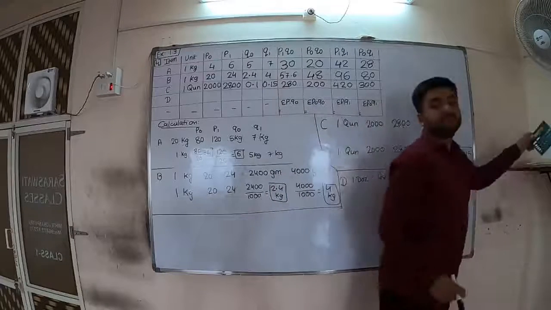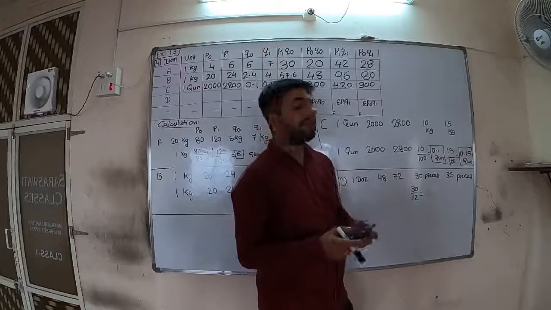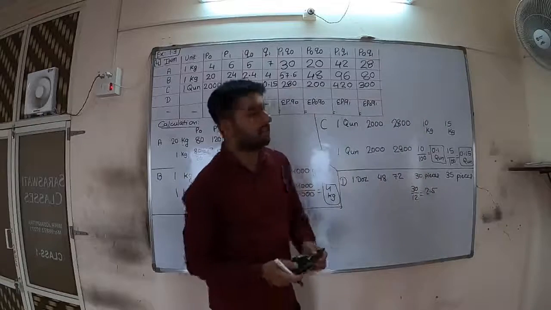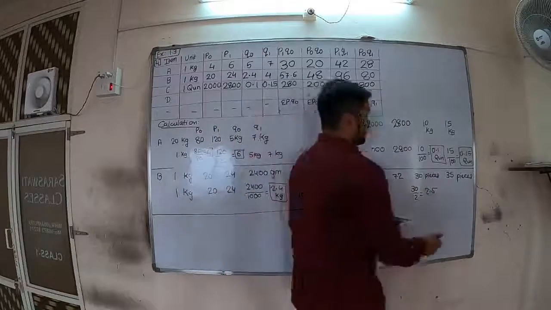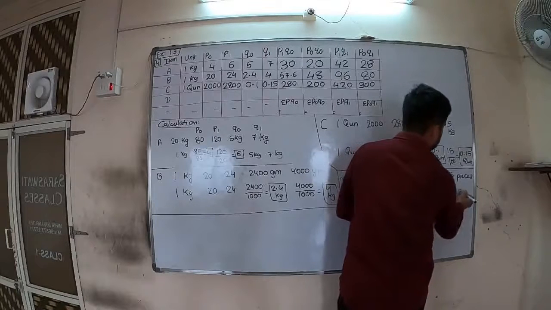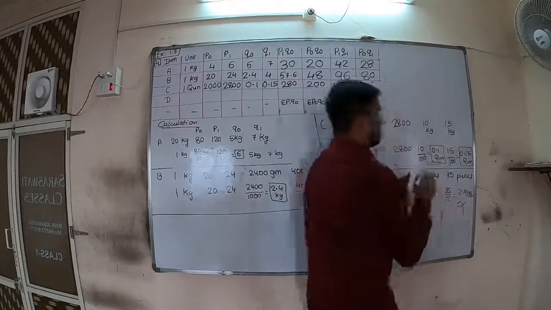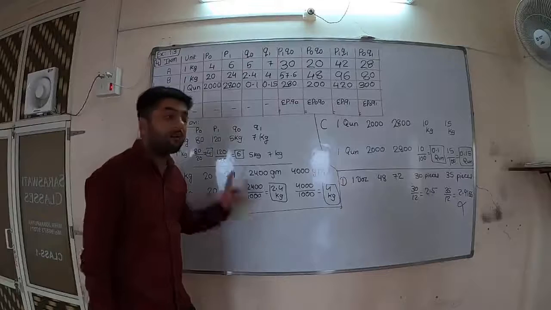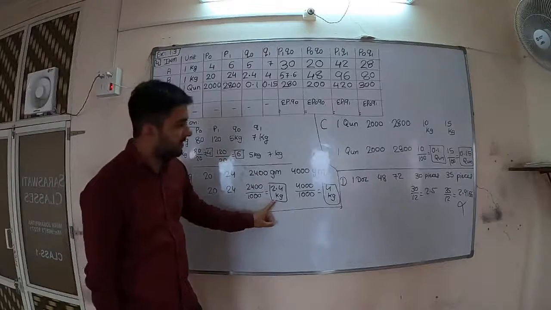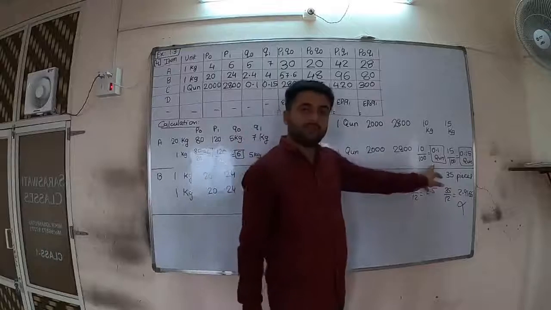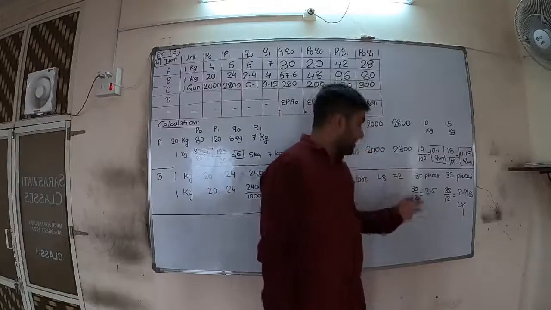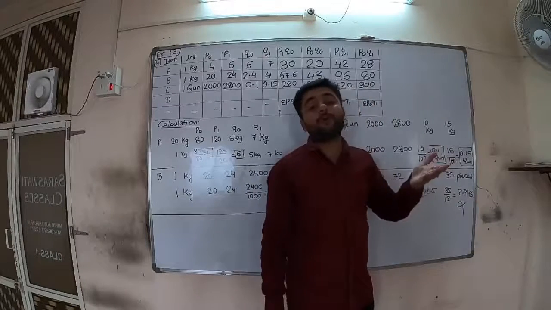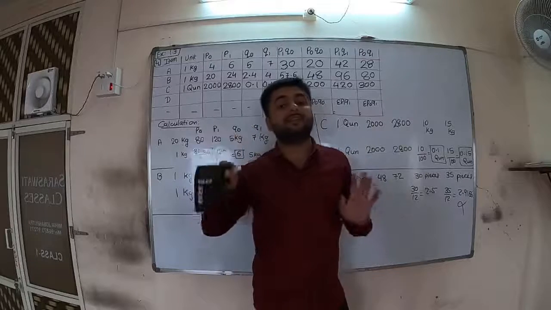Now everyone use your calculator. 30 by 12, how much are you getting? 2.5. So this is the exact answer. This is allowed. Again, 35 by 12. What are you getting? 2.91666. So this is not possible. What I mean to say is that when you are dividing, your decimals must be exact. See, 2.4 is exact, 4 is exact, 0.1 is exact, 0.15 is exact. 30 by 12 is 2.5, also exact, but 35 by 12 is 2.9166666, it is not exact.